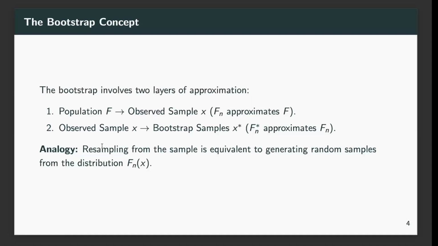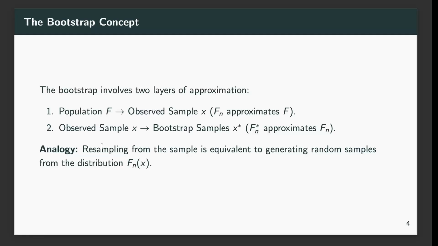So in the ideal inference, we would like to go from the population distribution F to our estimated theta hat. And then we need to understand the full sampling distribution of theta hat. But we do not have F. Okay, we do not have F. We only have our observed sample X. So this is the first